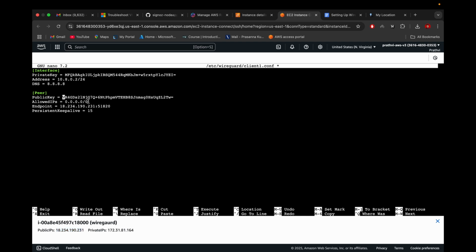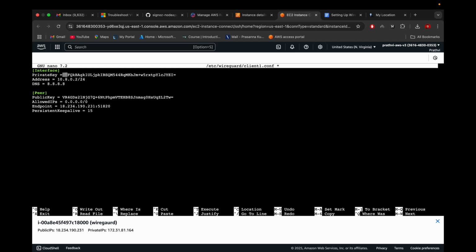So I have written this whole allowed IPs as 0.0.0.0, which is called full tunneling. There is a half tunneling. There are multiple concepts, but we are not concerned with that. We are not going that deep because we are here only to use WireGuard for free and to use the VPN to access whatever content we want on the internet. Okay,